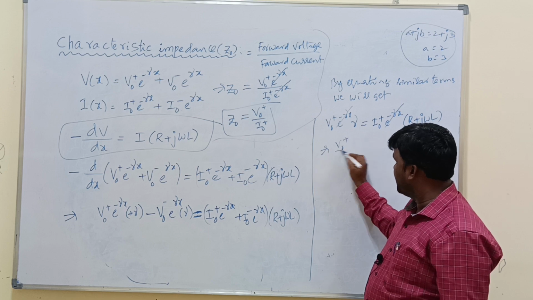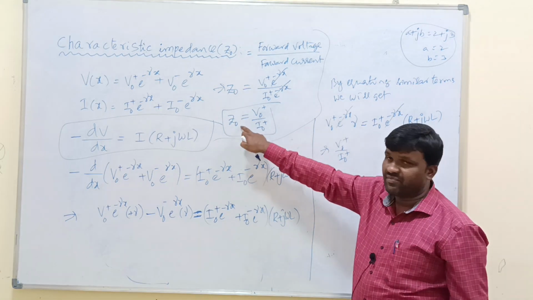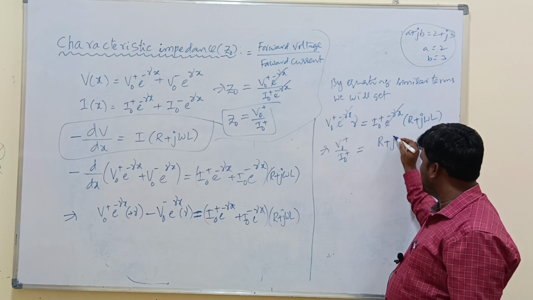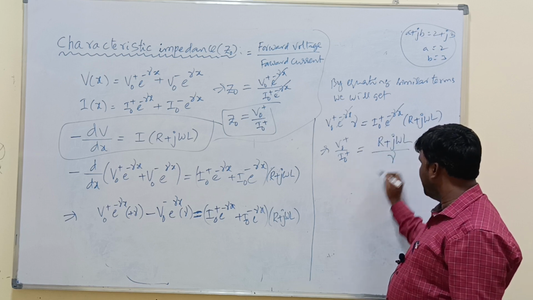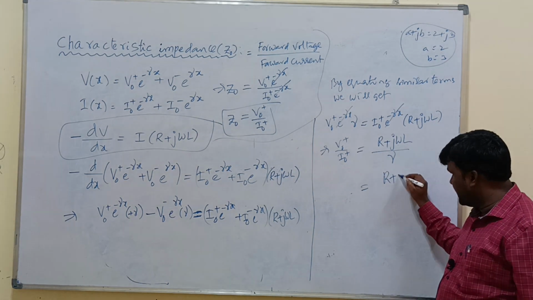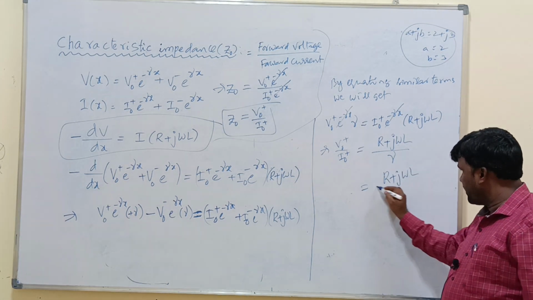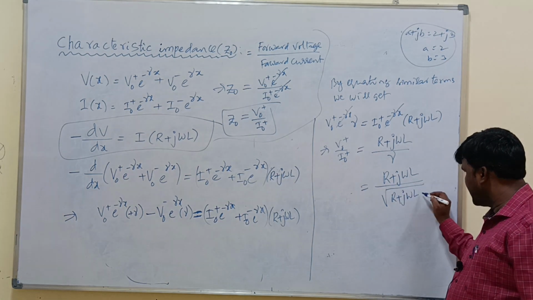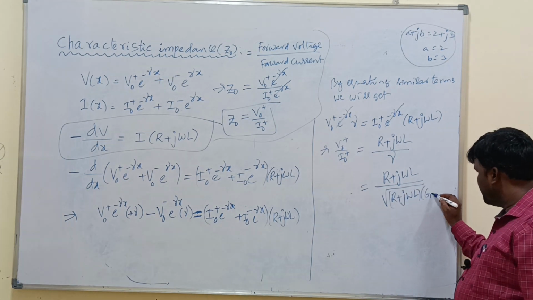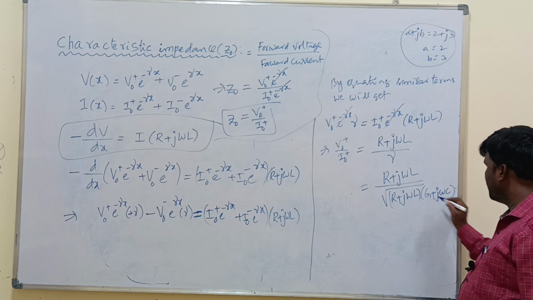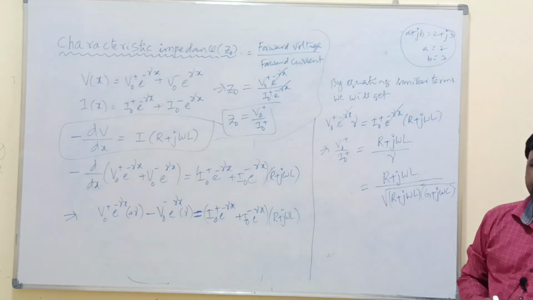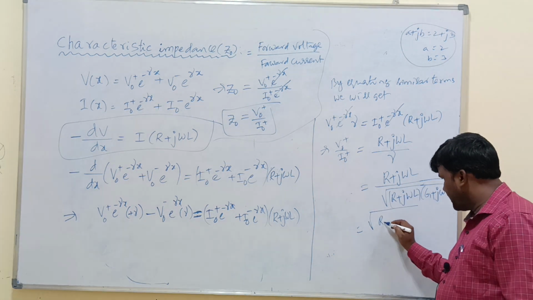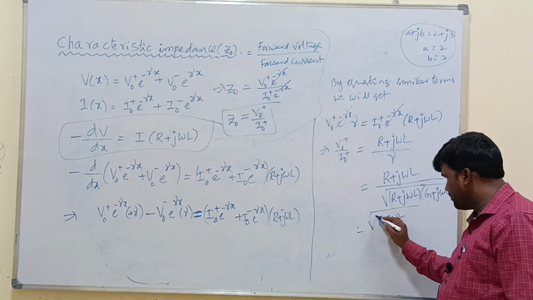V naught plus by I naught plus, according to the definition of the characteristic impedance. Remaining is what? (R plus j omega L) divided by gamma, where gamma is what? Already we have gamma. Gamma is under root (R plus j omega L) into (G plus j omega C). This is the gamma. Now we can write this one like this: under root (R plus j omega L) can be written as what? Root (R plus j omega L) into